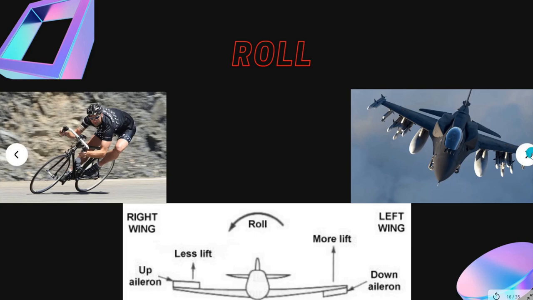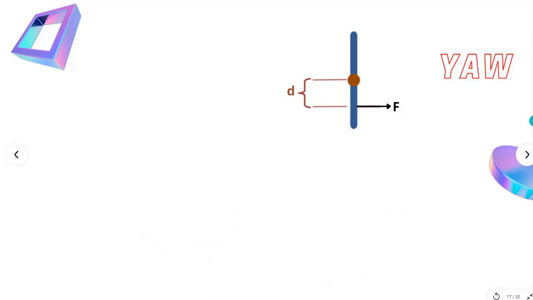So to understand how yawing works, let's take an example of a simple rod which is hinged at its center, right, and we are applying a force F at a distance d from the center, right. So from your basic 10th-grade knowledge, or from your basic common sense, you can tell easily that it will try to rotate in the anti-clockwise direction due to the moment produced by this force, right. So basically it is yawing in the anti-clockwise direction.